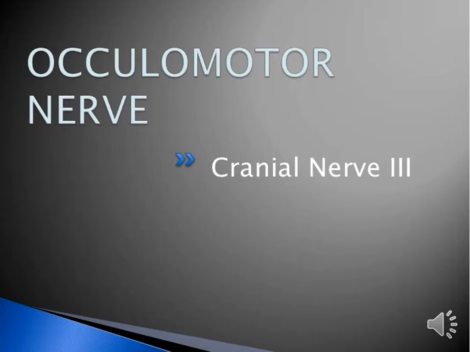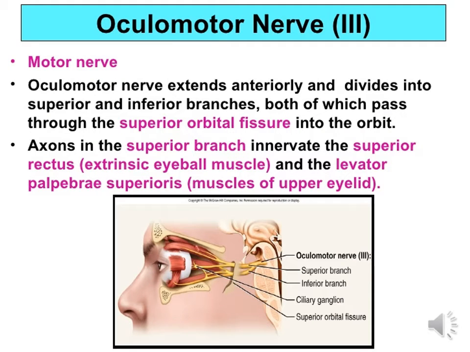The third cranial nerve is called the oculomotor nerve. The oculomotor nerve is a pure motor nerve to the muscles of the eye. The oculomotor nerve extends anteriorly and divides into superior and inferior branches, both of which pass through the superior orbital